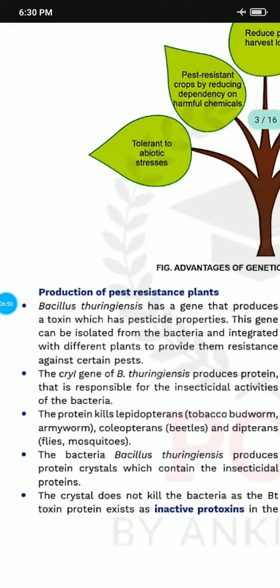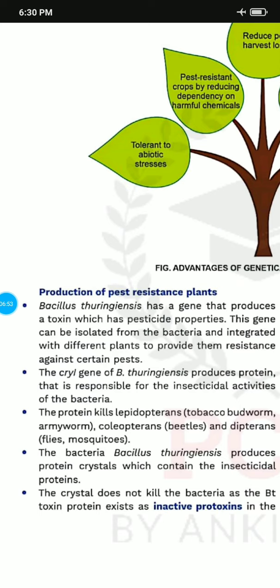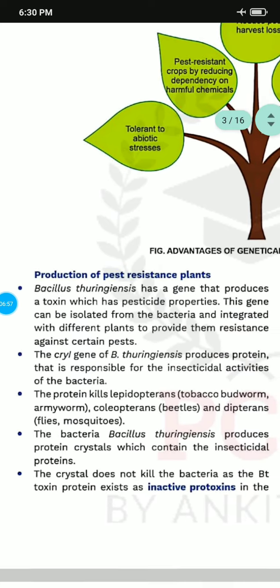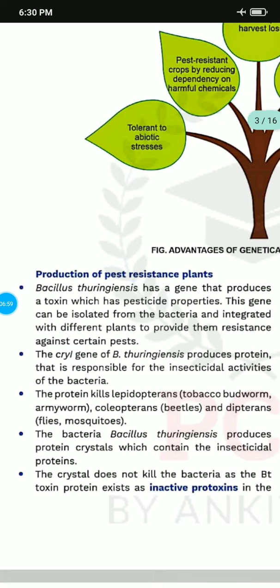So the production of pest resistant plants is very important. The first one is Bacillus thuringiensis, also called Bt, a type of gene which has the property of a pesticide. The genes are obtained from the bacteria and introduced into different parts of the plant, producing resistance against the pest. Actually, it produces a protein called Cry protein, and that protein is responsible for the